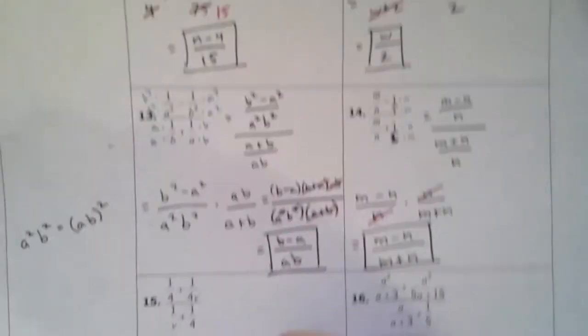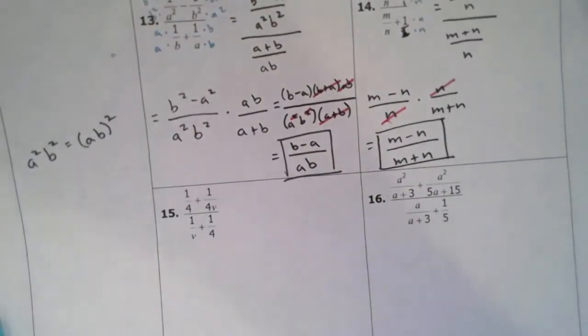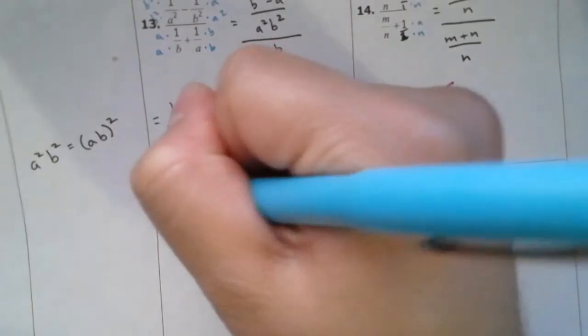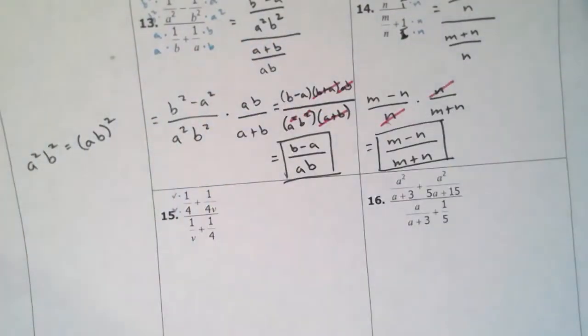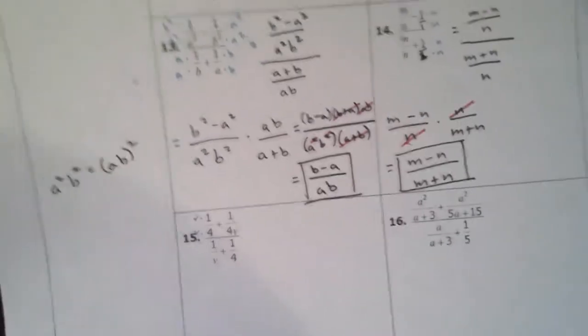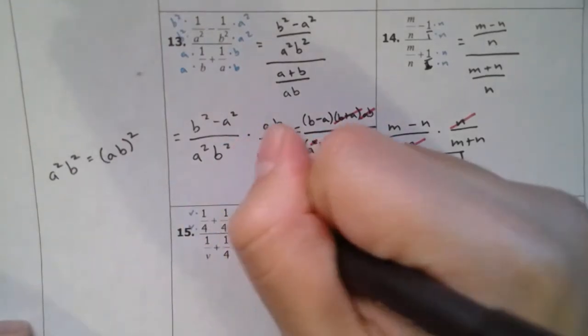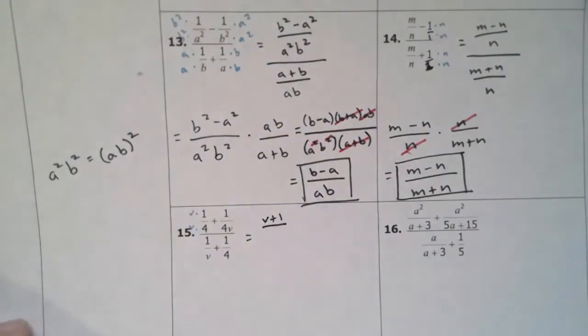Okay, continuing, last two here. So 15, the top fractions I have here, I'm going to multiply the left one by v. That will give me 4v in the denominator, and then I can combine them. For the numerator, I'm going to get v plus 1. So I get v plus 1 over 4v